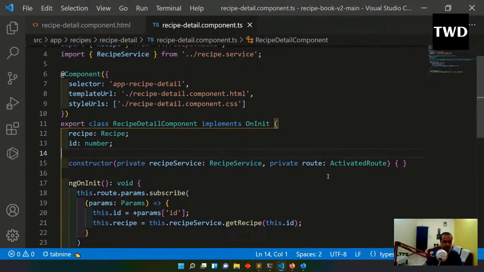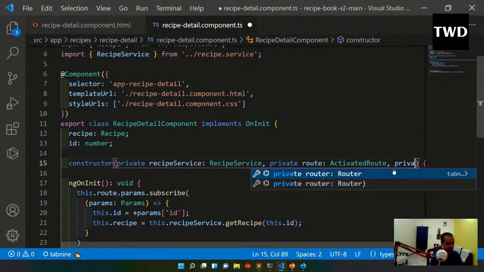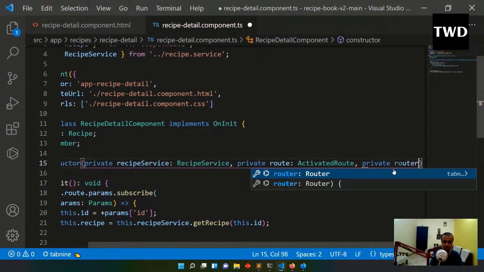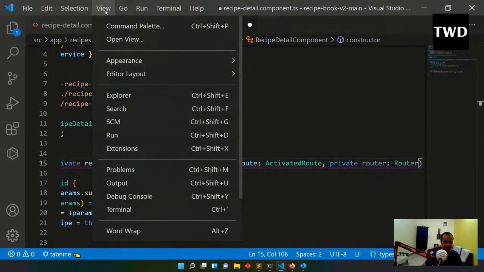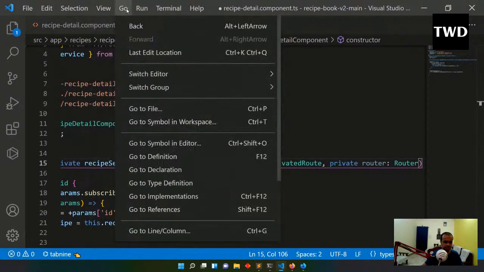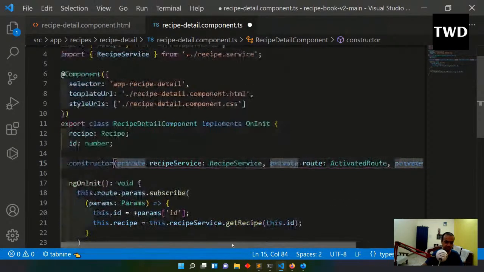again we have to use the router also here. So comma, private router, but it's not again doing this. Okay, private router: Router. Why was the word wrap not done? Every time I have to do it manually. Maybe I'll check later on Google. Okay, private router: Router, and then after that,